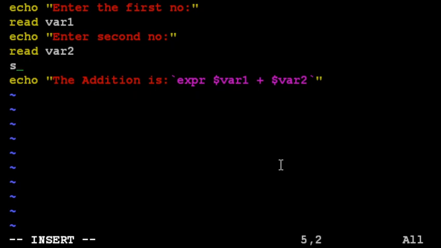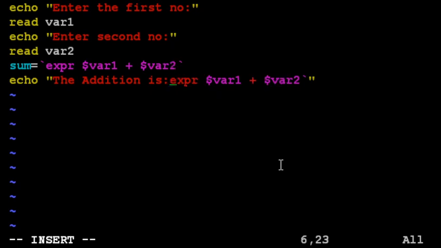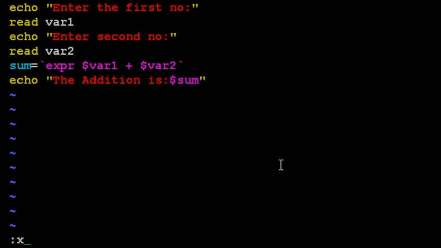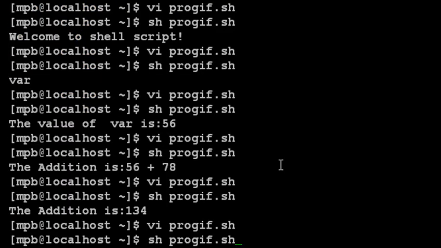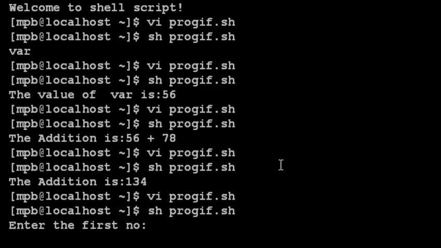Suppose my sum is expr, again this is a command within a command, so here you have to use backquote, expr $var1 plus $var2, and you can directly retrieve the value of sum with $sum. Let us run this. Press escape :x, enter, sh. Now it will ask me to enter the first number.